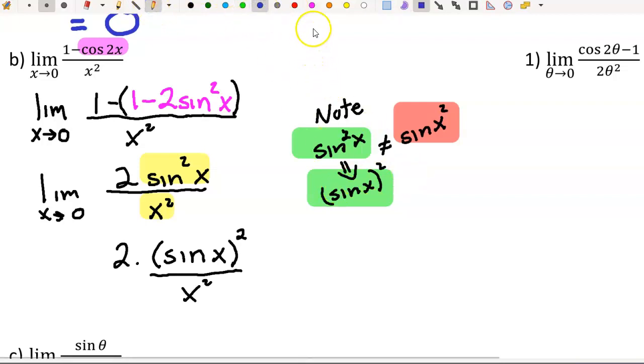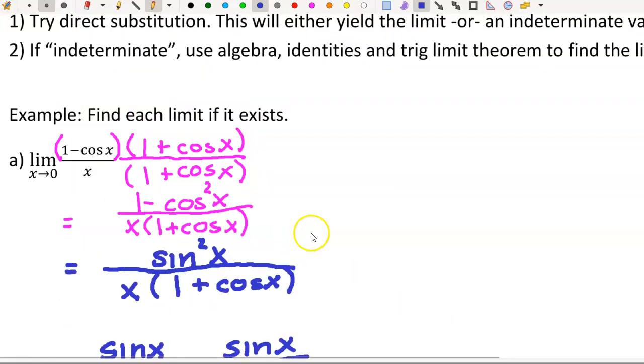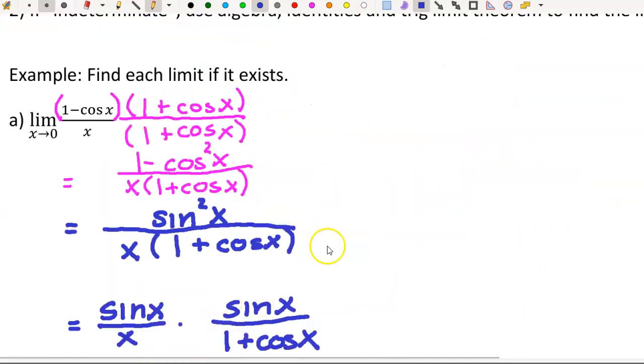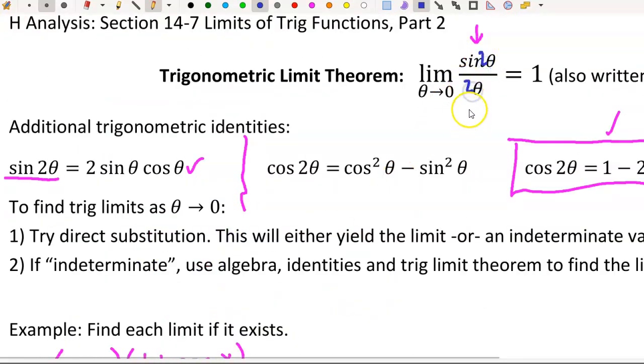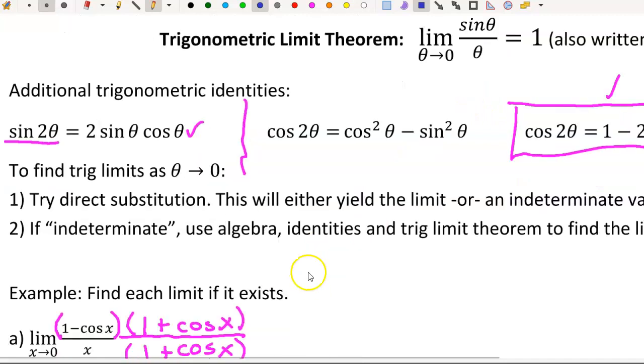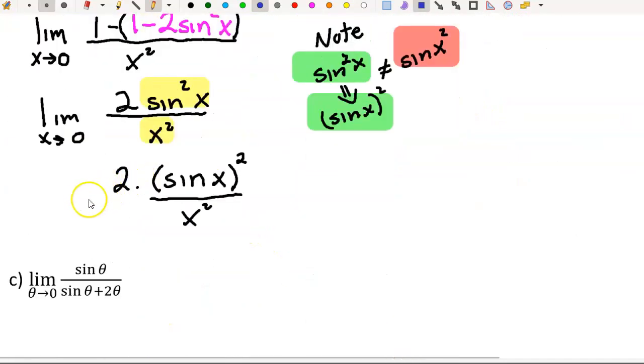Okay. Another side note: if you had something like 4 squared over 3 squared, that is the same as 4 over 3, quantity squared. And that's what we're going to end up doing here, because I can't really say, well, am I using this theorem right here? Does that work that way? It worked when it was 2 theta over 2 theta, but it doesn't say anything about these being squared. So what we could do is just algebraically change this ever so slightly and say, well, this is the same as 2 times,